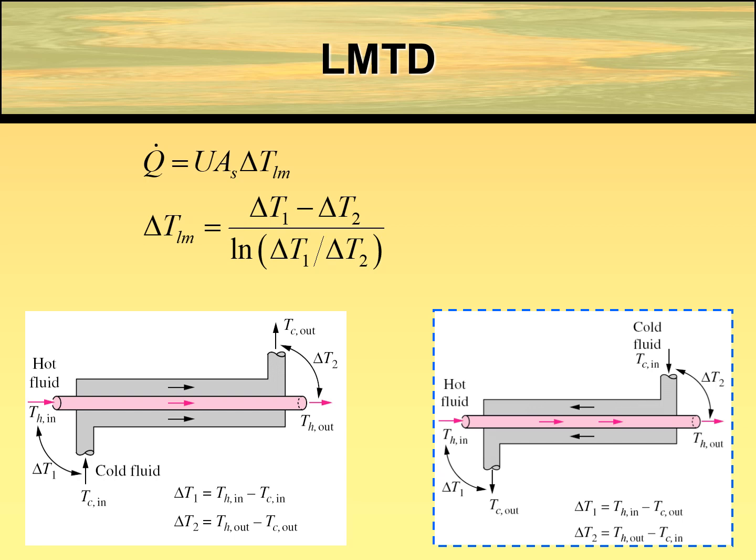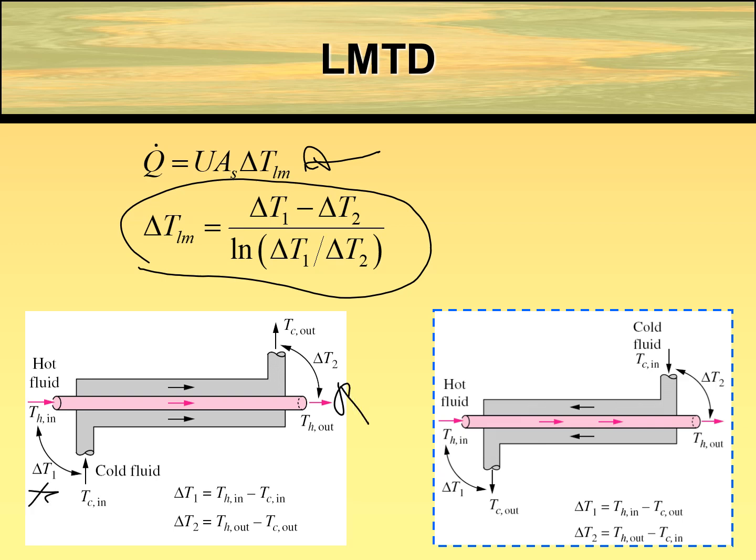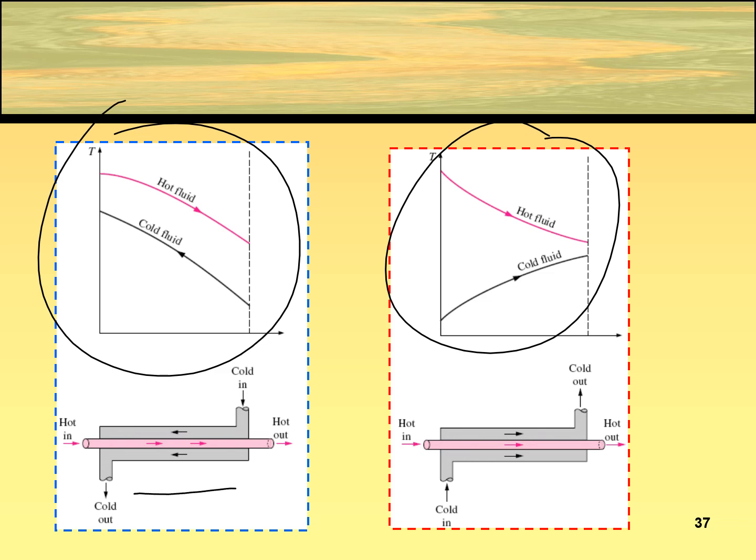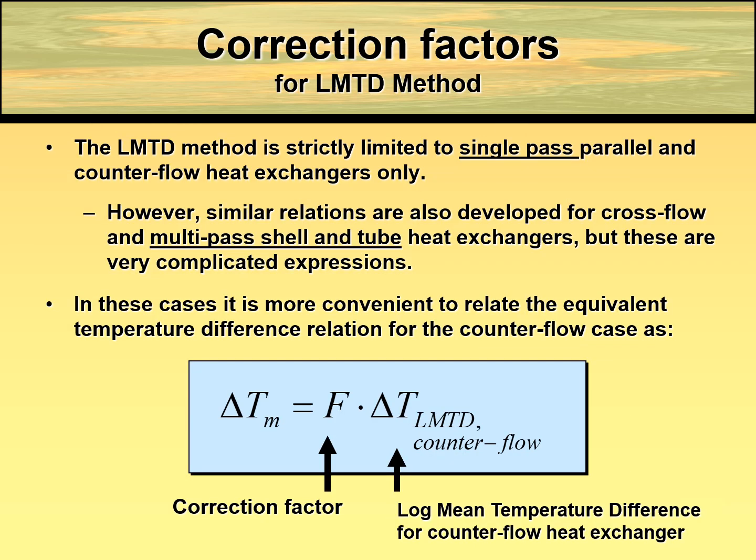So the LMTD method, in summary: this is the equation, Q equals UA delta Tm, and then delta Tm is given by these equations. Then this is how to find the delta T1 and delta T2. So this figure and this schematic are very important. All right, so this is a correction